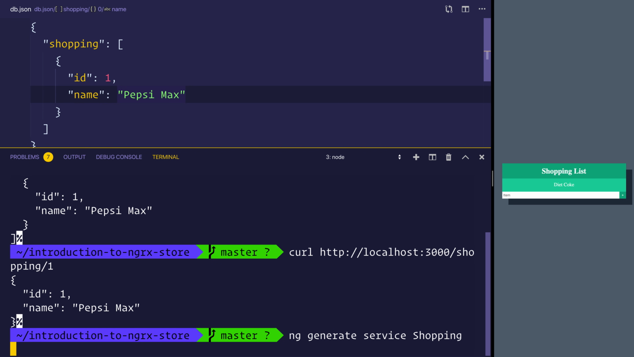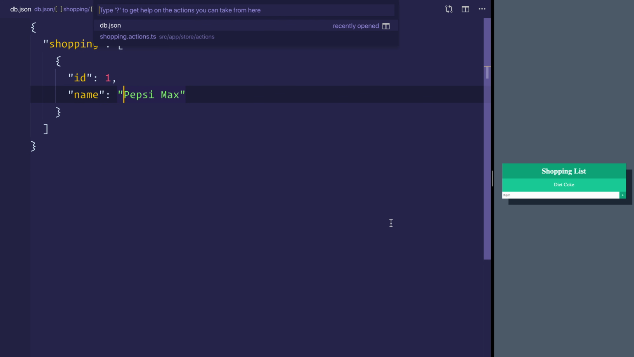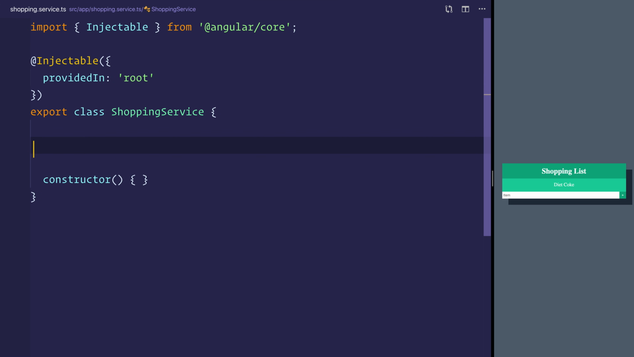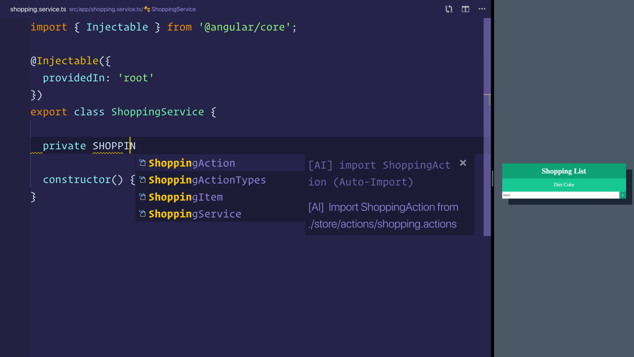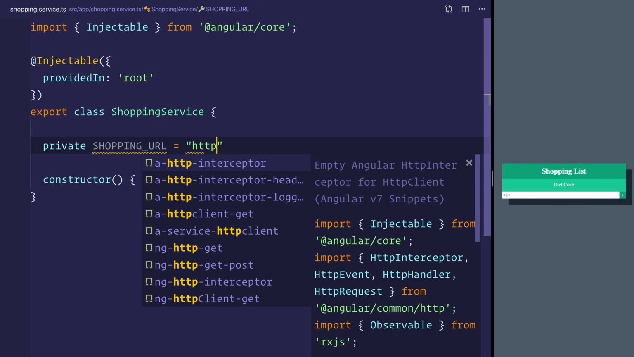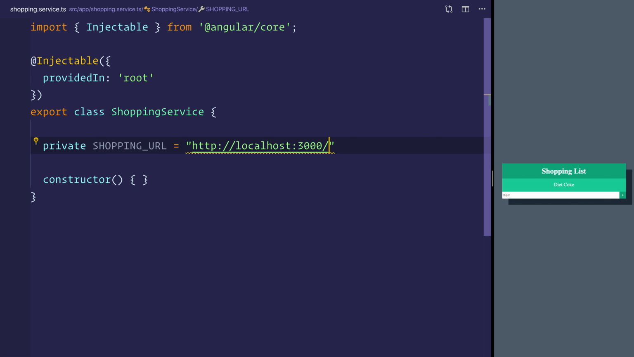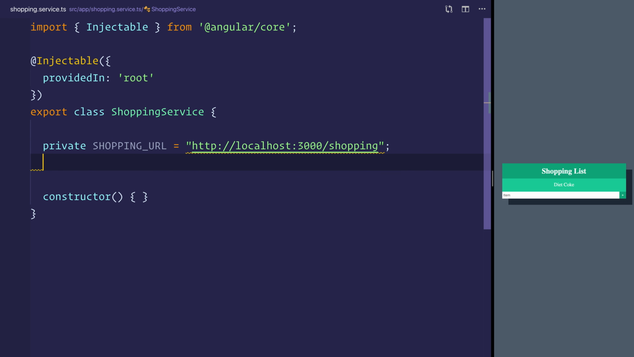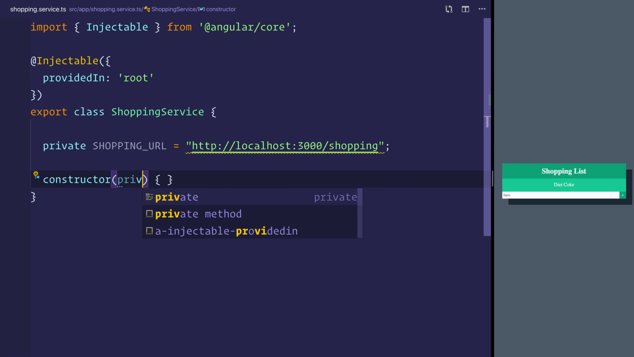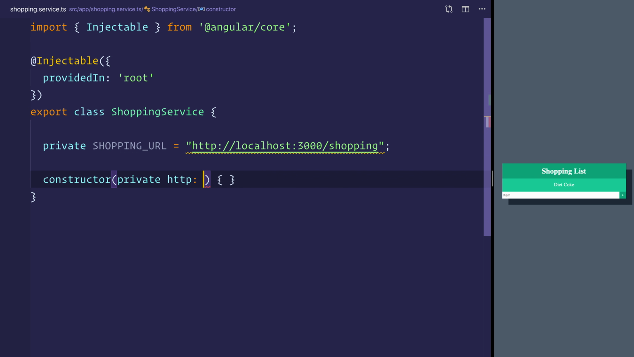And then we can use the HTTP client to interface with that API. So our shopping service is going to be quite simple. We will have a private shopping URL, and that will be equal to our localhost 3000/shopping, and that's going to be the API endpoint that you want to talk to. So if you don't want to use JSON server, or you're using this in your project, you'll have to have a different URL. Then we can inject the HTTP client,